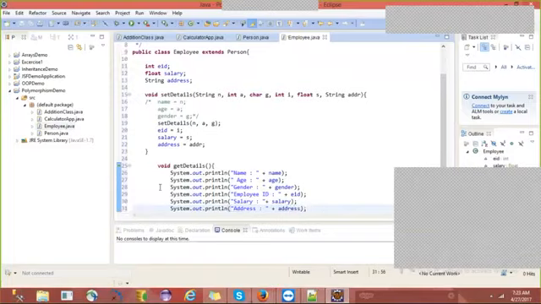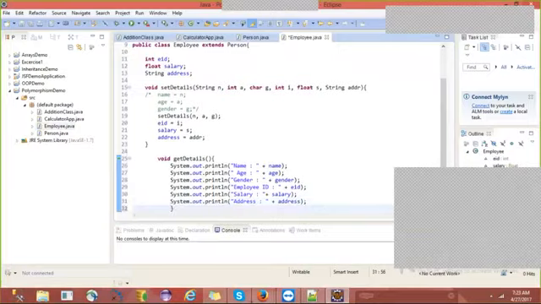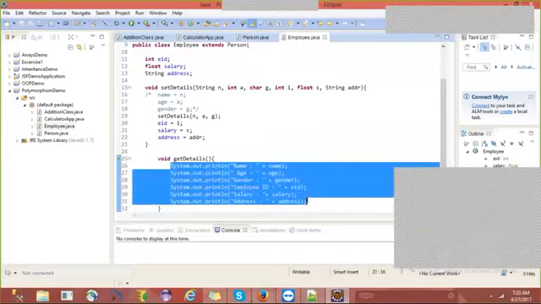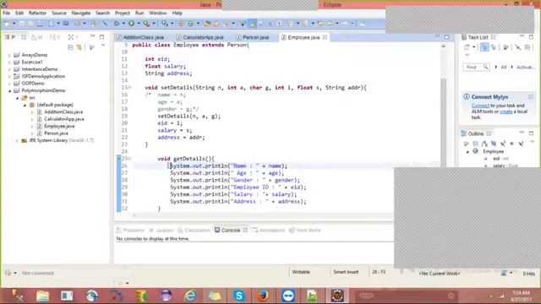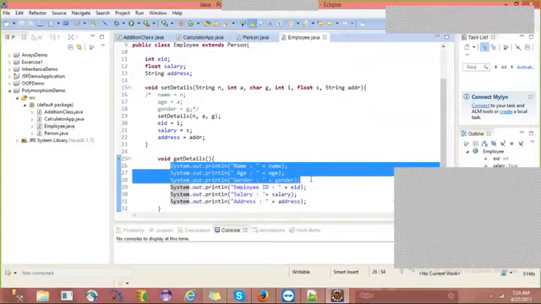Like this, we can write the getDetails. But if we write like this, all six output statements, is it meaningful? Is there any meaning in saying we are using inheritance? When we are using inheritance, we should not write redundant code, right, guys?